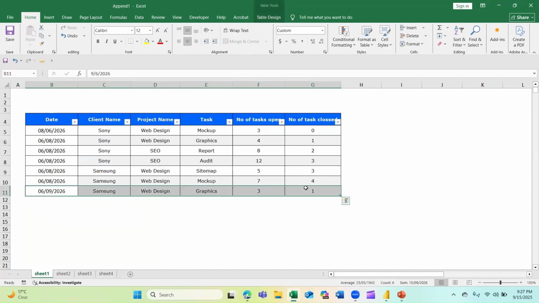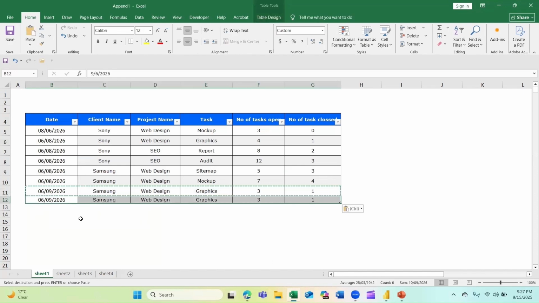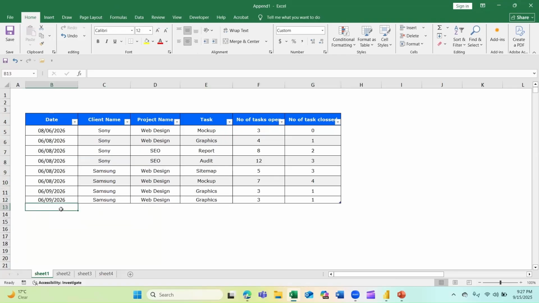So let's copy. As you can see, it is just expanding itself, so you'll grab the data no matter what. Once a new line is added, all data will be grabbed.